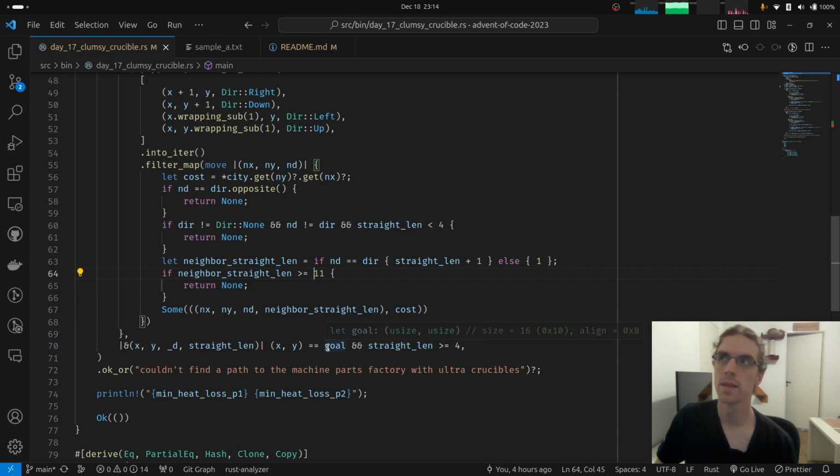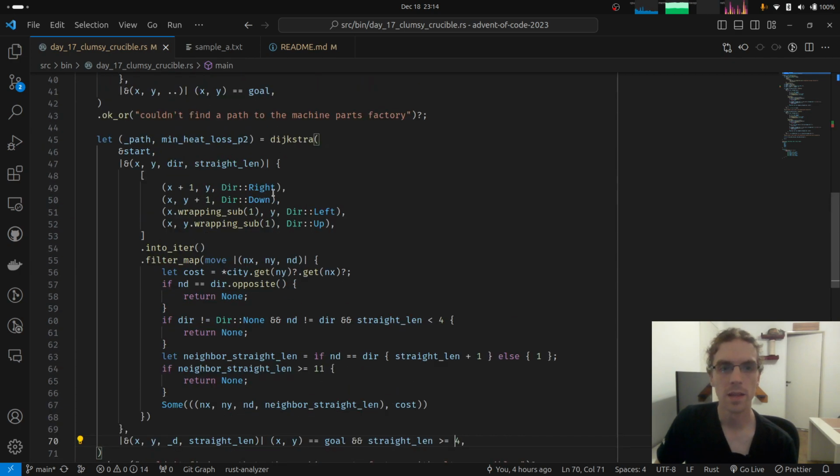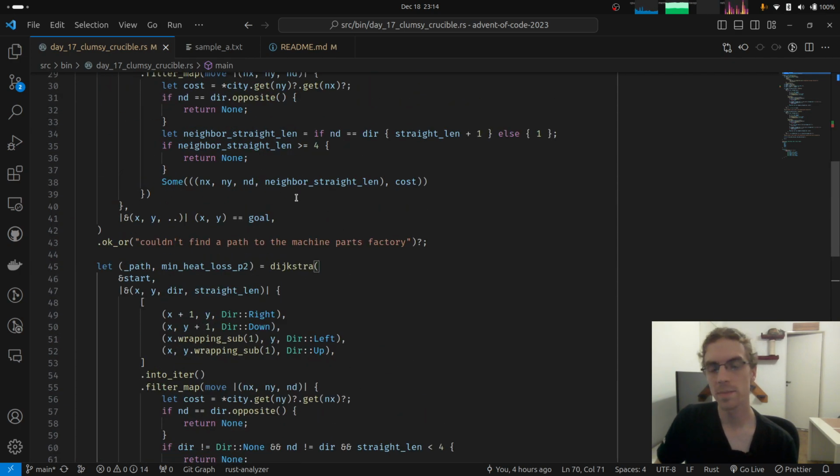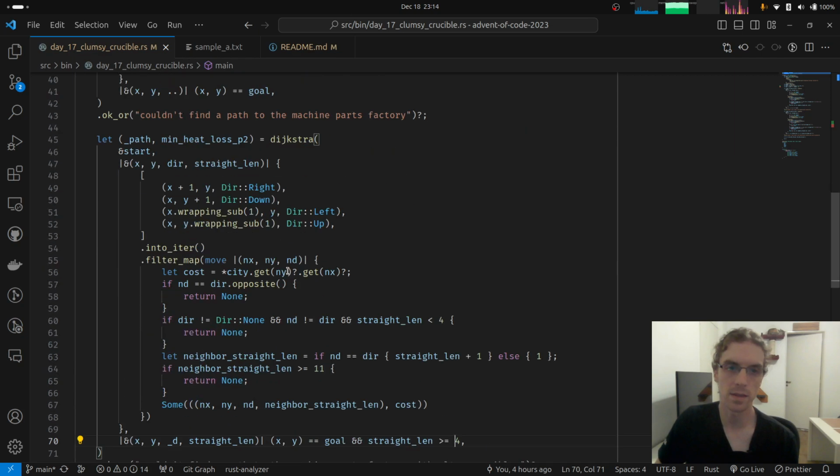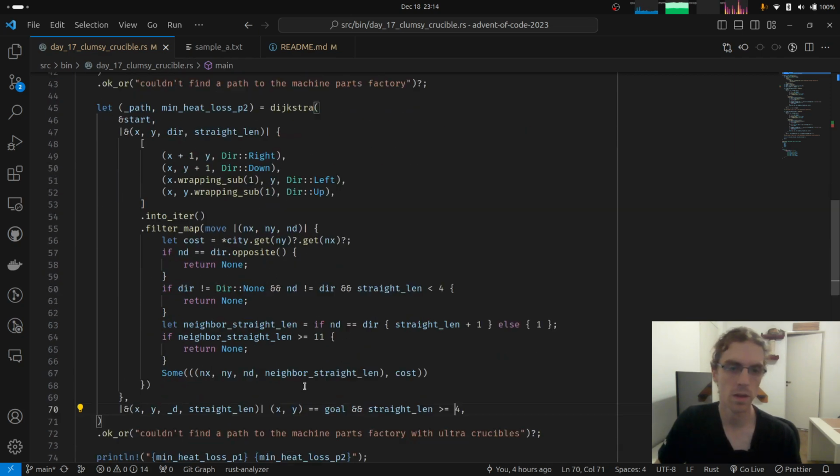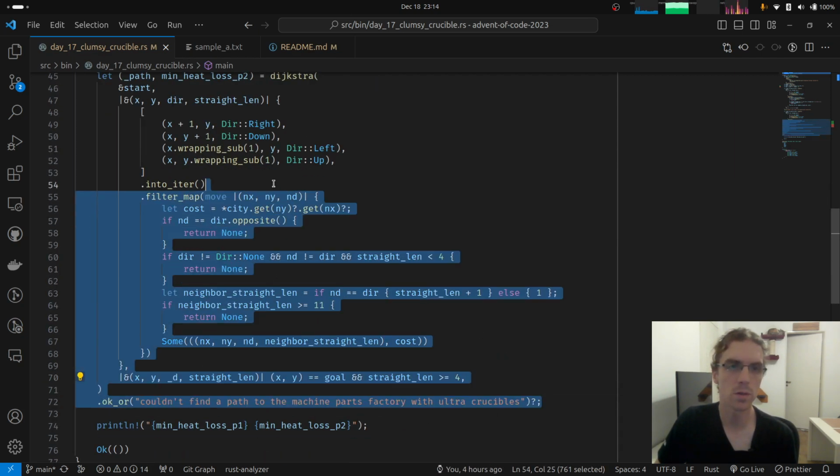Part 2 has a minimum distance that you have to go in a straight line before turning, which is 4, and a maximum distance, which is 10. Part 1 also has a maximum, which is 3 in that case, but doesn't have a minimum. So we can say that the minimum distance is 0 there, and then implement both with the same code.